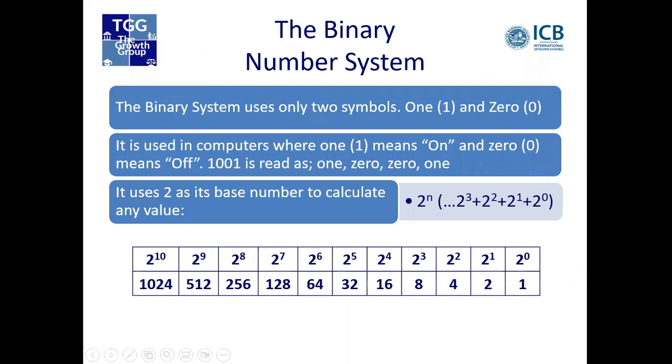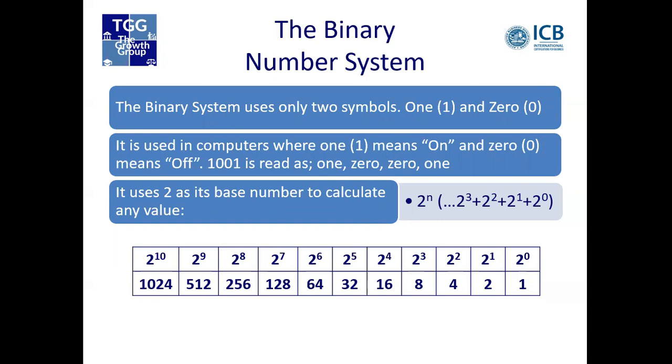What is the binary number system? Well, the binary number system uses only two symbols, a 1 and a 0. And it is used in computers where 1 means on and 0 means off. It simply means that that little switch is either on or off. And we read it as